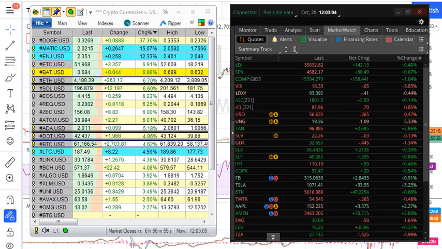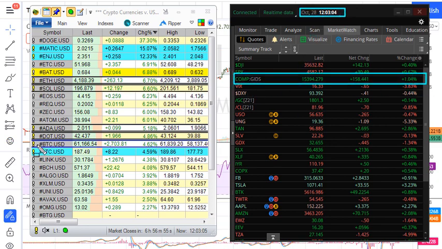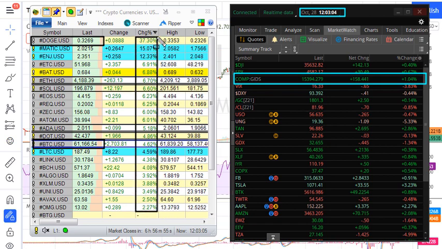So in today's video, let's take a look here. We are seeing that the Nasdaq for October 28th is recording a fresh all-time intraday high. And we can see here that Bitcoin is moving higher at 61. Dogecoin is trying to break out. Essentially, the cryptos are having a big up day.